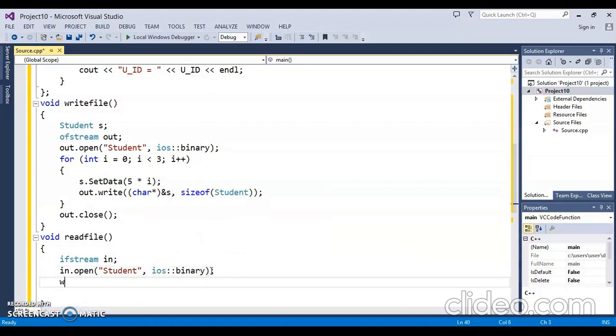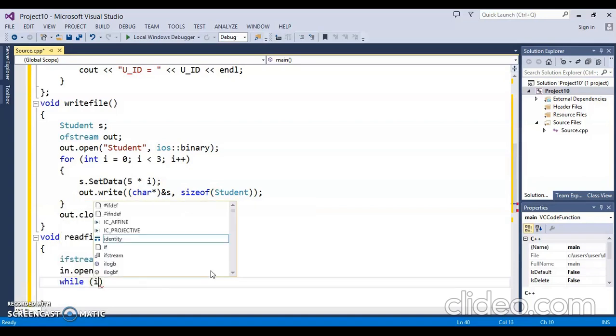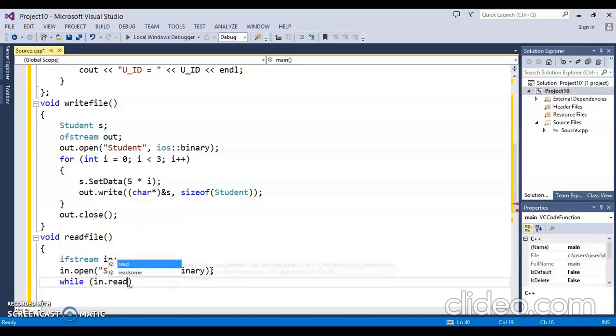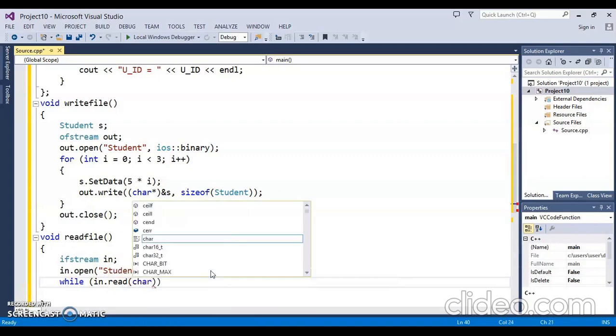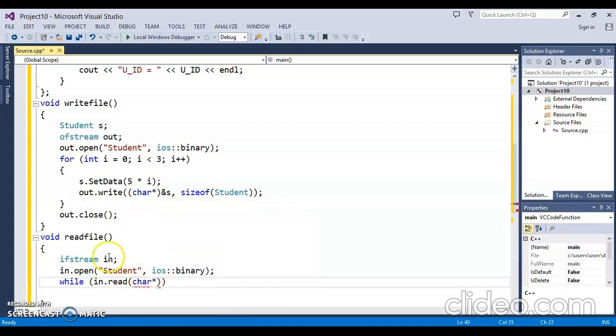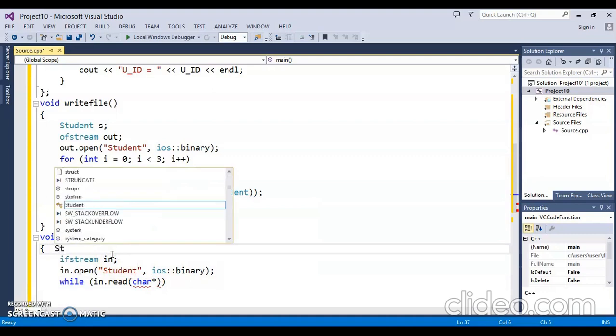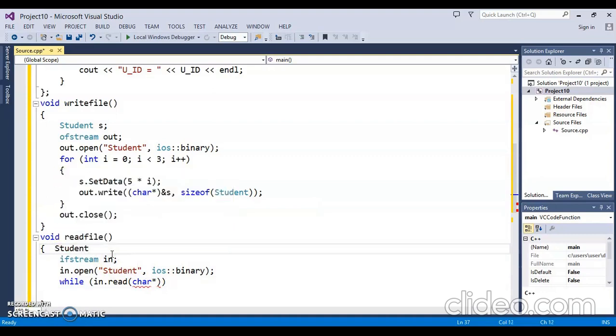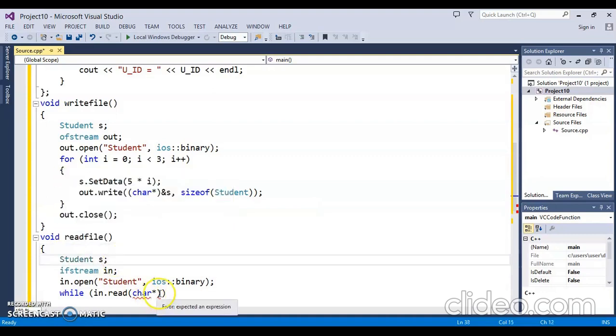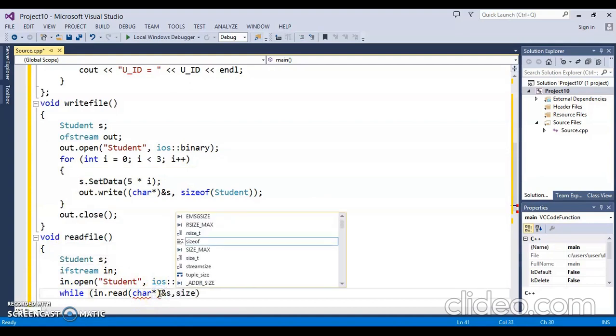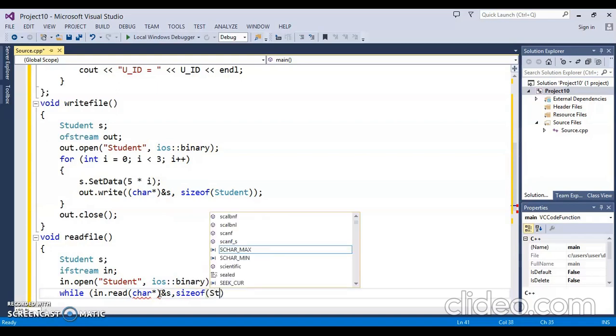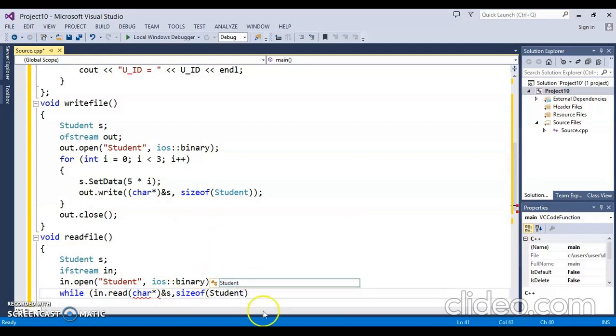Now because we want to read the complete file, we could write this read statement inside while, in dot read, char asterisk, and we should declare an object also here, ampersand s comma size of student, or size of s, whatever you want to write,